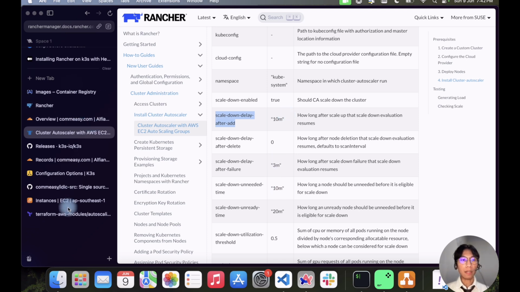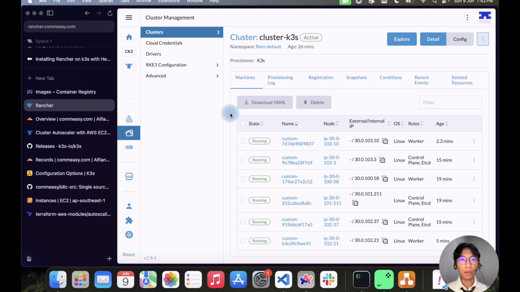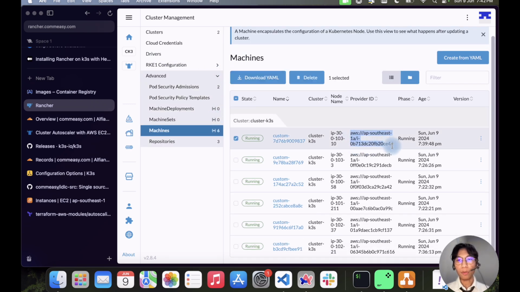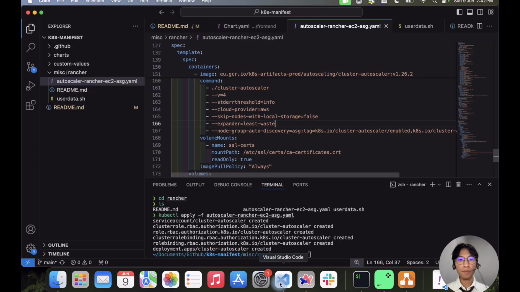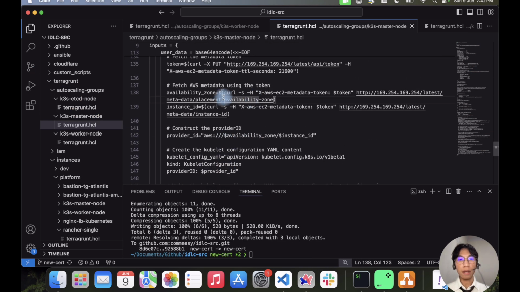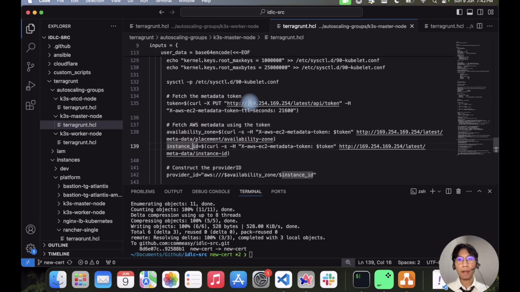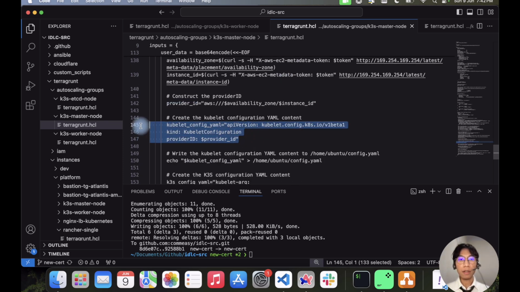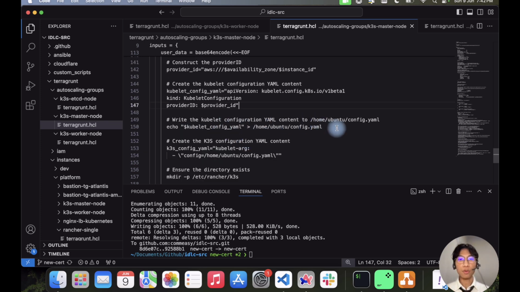And probably the last thing that I want to share with you is that it works because I am using the provider ID of AWS. I made this work by using the user data. I generate the provider ID in user data, and the availability zone and instance ID I fetch using the metadata of the AWS EC2 instance. This provider ID is generated into the kubelet configuration. After the kubelet configuration is ready, I put it in home Ubuntu,